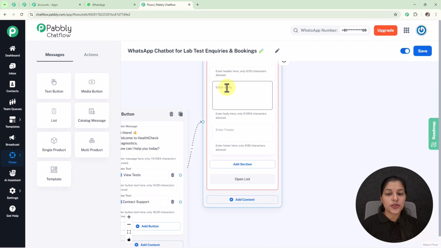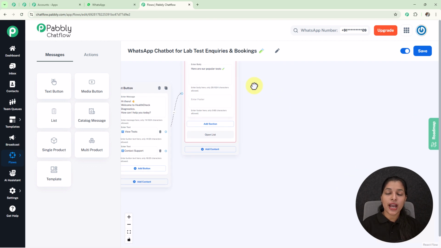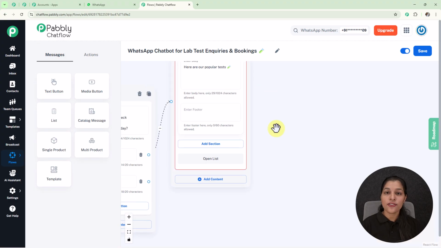So now I am going to provide a body to my list here. So here you can see I have provided this body to my list. Now I am going to add some items to this list. So for that we firstly have to create a section, and on the section I am going to add some